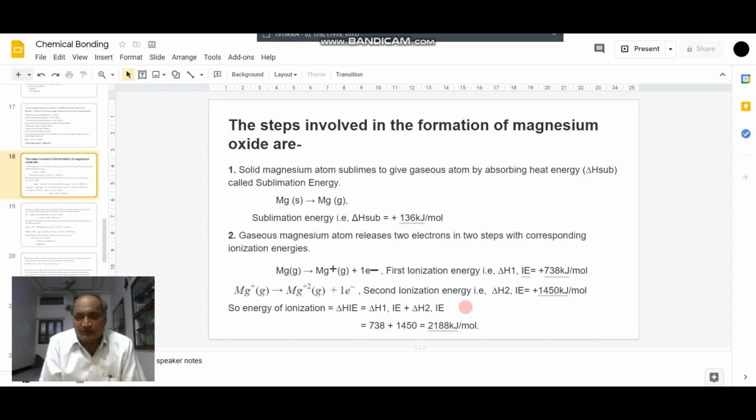Ionization energy is equal to 1450 kilojoules per mole. So the energy of ionization of magnesium, while converting a magnesium atom in the gaseous state to magnesium ion, that is Mg+2 in gaseous state, is equal to